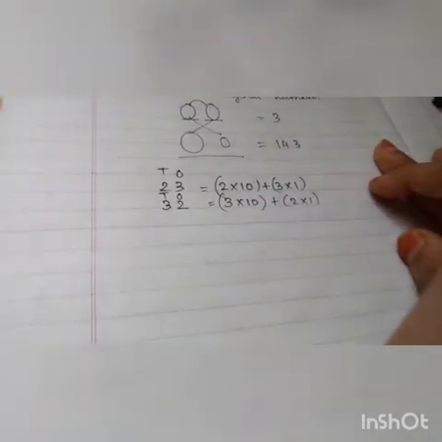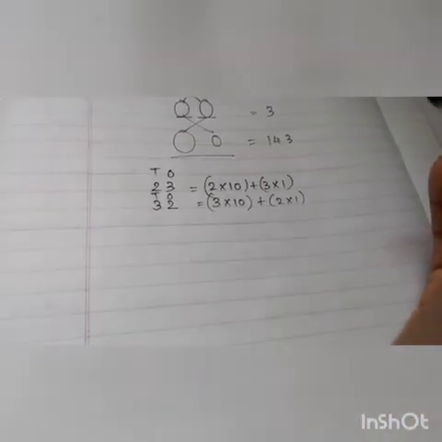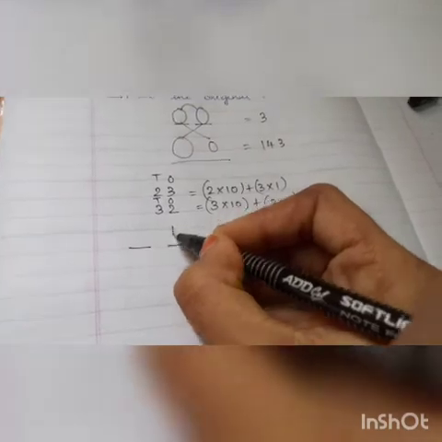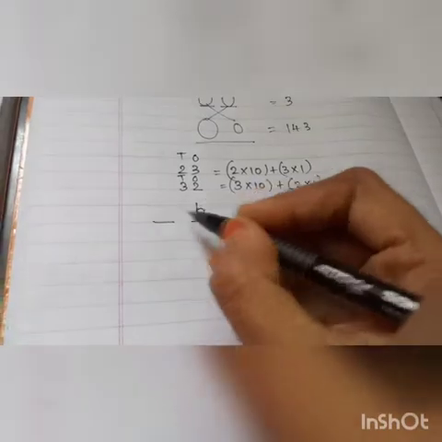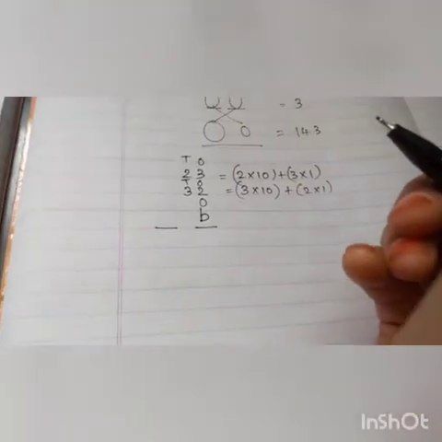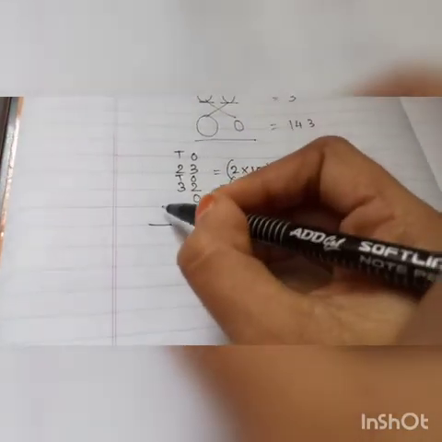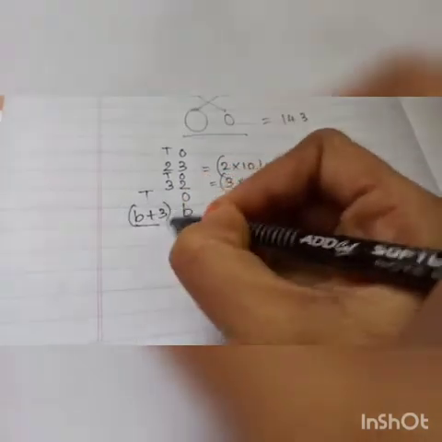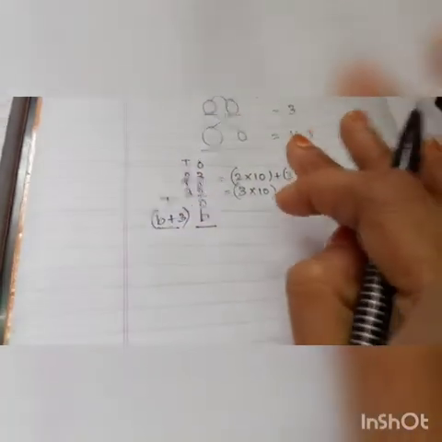Okay, now I am taking a 1's place digit of a two-digit number. I am going to take any one, which means I am going to take this 1's place as b. Okay, two-digit number, so I am taking 1's place digit as b. This you know, right? So obviously this 10's place will be how much? b plus 3. It is a two-digit number. It is like 23, 32. It is like that number only.